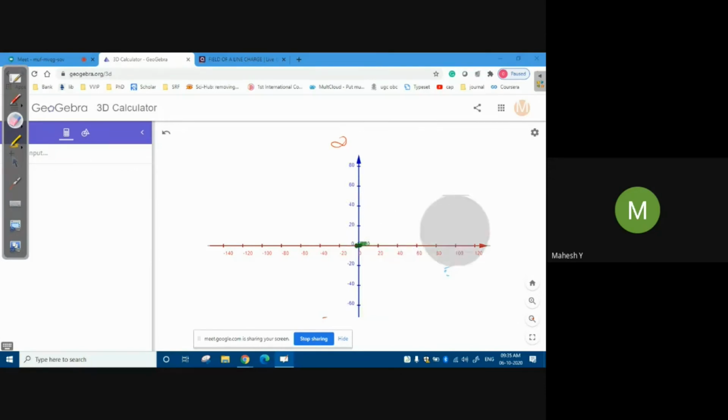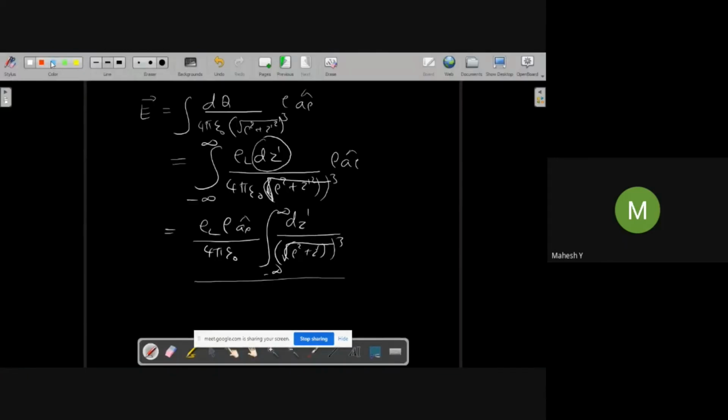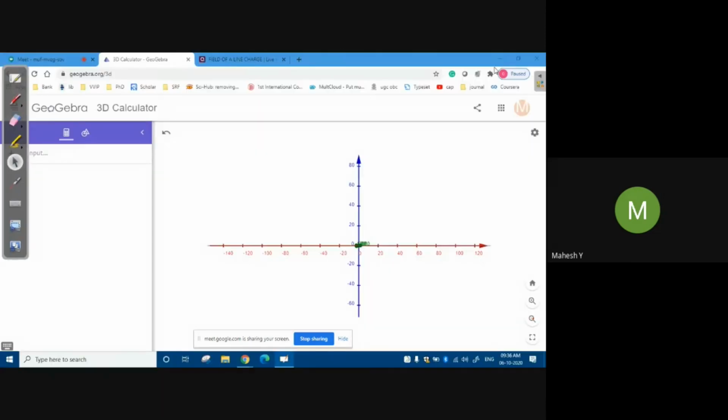Where is this? Now I'm taking a point P here. Okay. And as we discussed, this is the z prime. And here we have the dz prime, small element. And this is the vector dE. And it can be split into two components. If this is the angle theta,